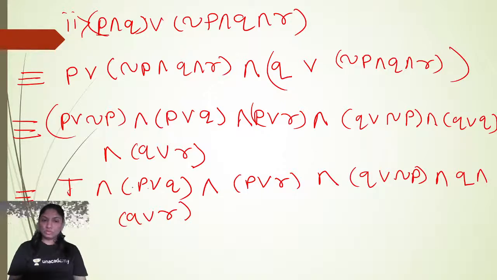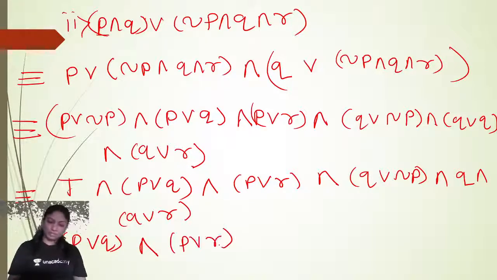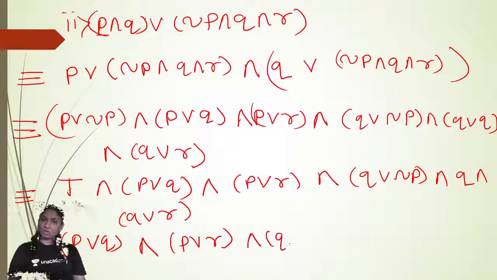If P or Q is true, then T and T is also true. If P or Q is false, then T and false is false. It means this value depends upon P or Q, and P or R, and Q or negation of P,